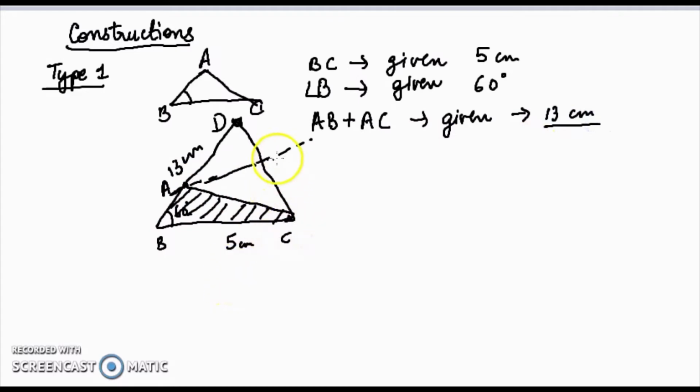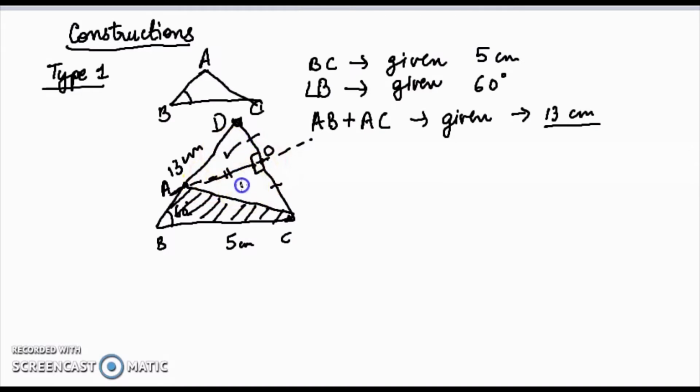Now why is this construction justified? Suppose I mark this point as O, that is where DC and the perpendicular bisector intersect. This point is O. Now these angles are 90 degree each because of construction, because we have constructed it as a perpendicular bisector. Also DO and OC are equal, again because of construction. Perpendicular bisector means it is perpendicular and it is a bisector also. So OD and OC are equal and these two angles are 90 degree, and this is the common side AO.